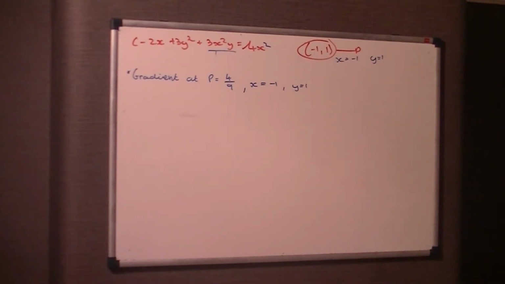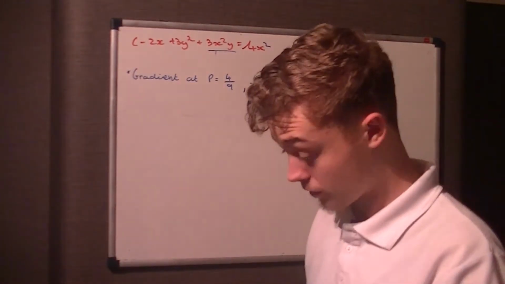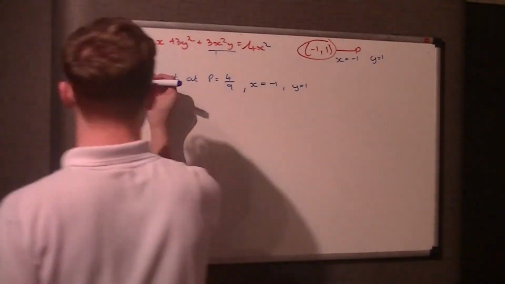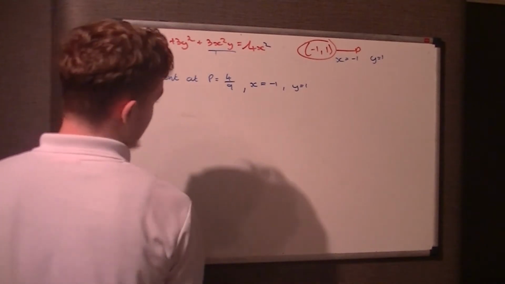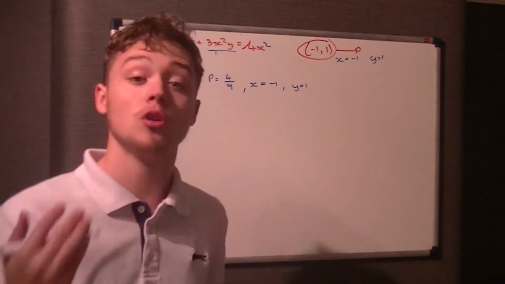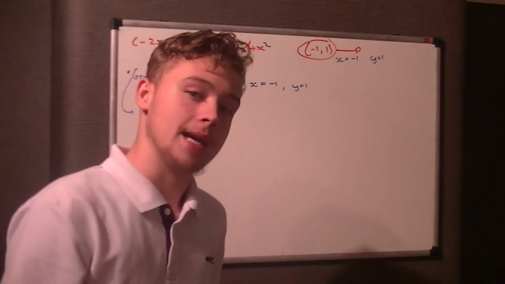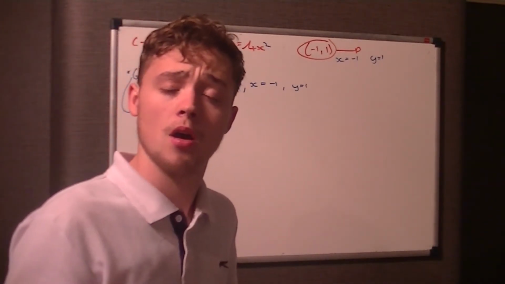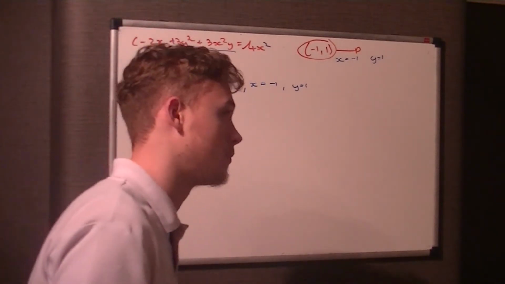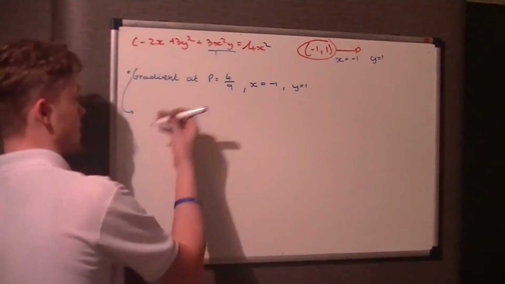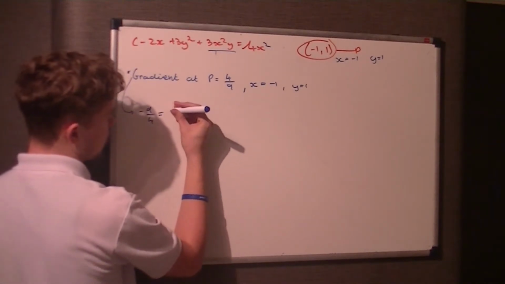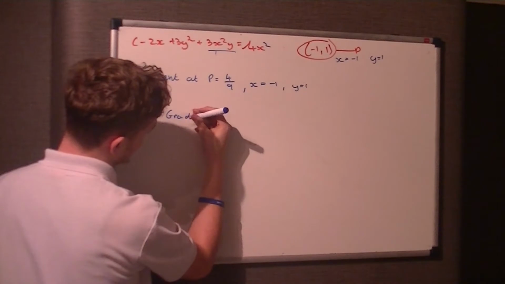Find the equation of the normal to C at P. So we've worked out the gradient at C, so that's a gradient for the curve, or a tangent to the curve. Now as we said, I put a little thing coming down from here. In previous videos, the gradient of a normal at a given point is the negative reciprocal of the gradient at that point. So basically do the negative reciprocal of 4/9, which is negative 9/4, which I'd put as equal to the gradient of the normal